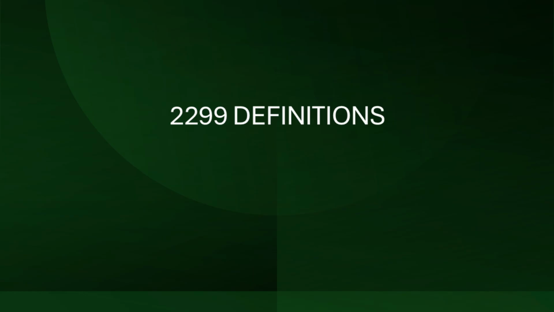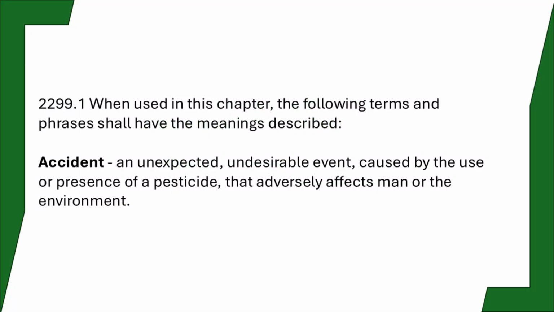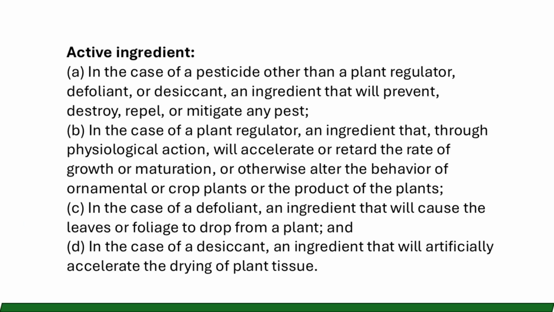2299 Definitions. 2299.1. When used in this chapter, the following terms and phrases shall have the meanings described. Accident. An unexpected, undesirable event caused by the use or presence of a pesticide that adversely affects man or the environment. Active ingredient. A. In the case of a pesticide other than a plant regulator, defoliant, or desiccant, an ingredient